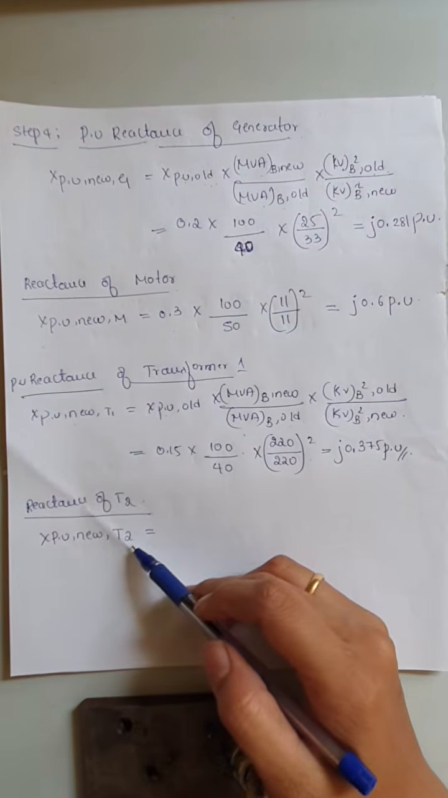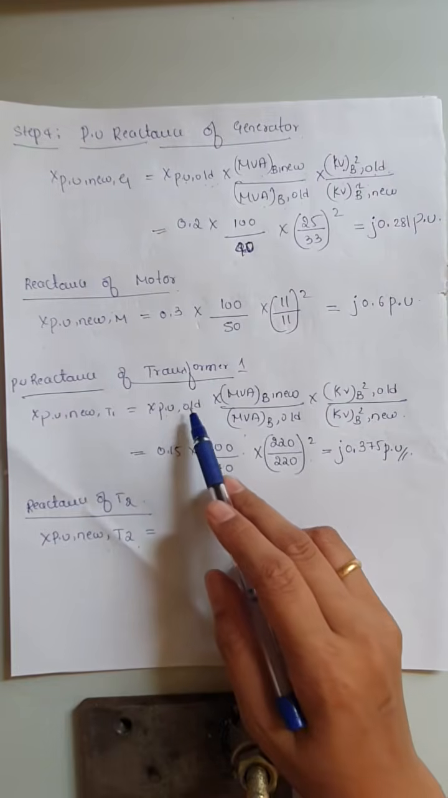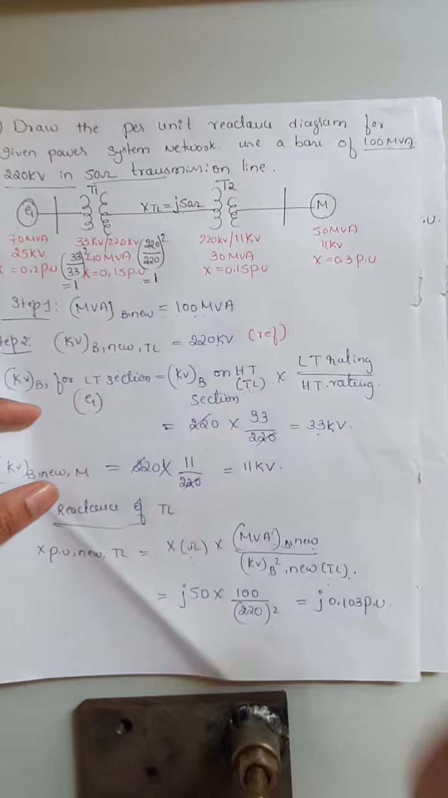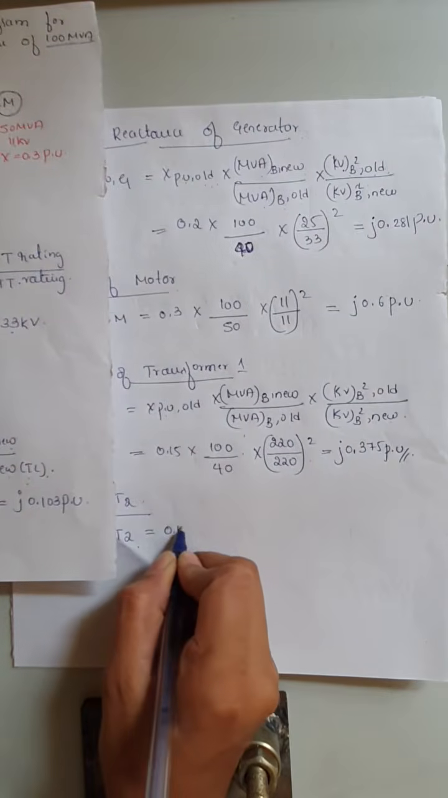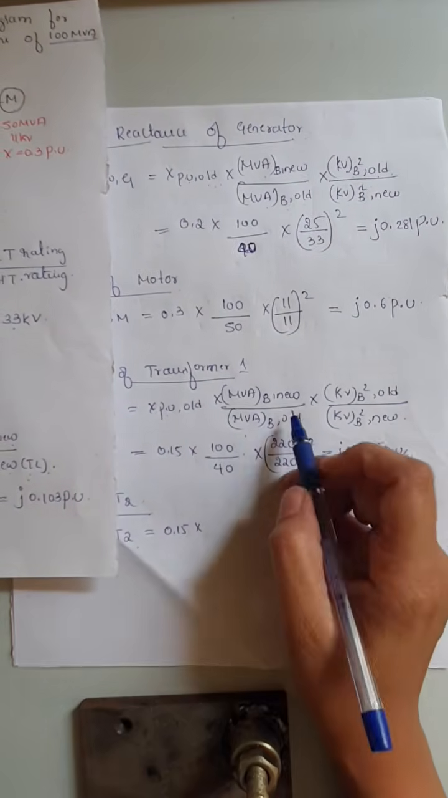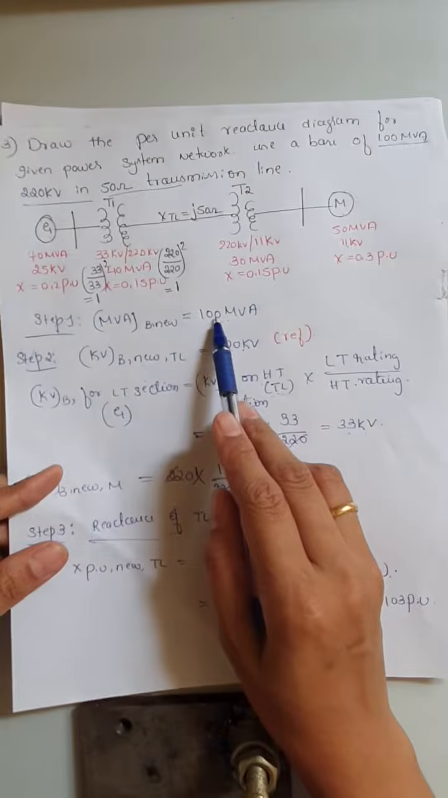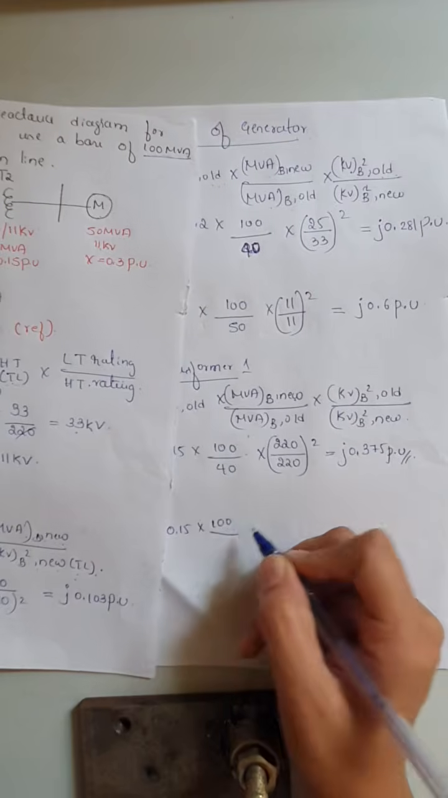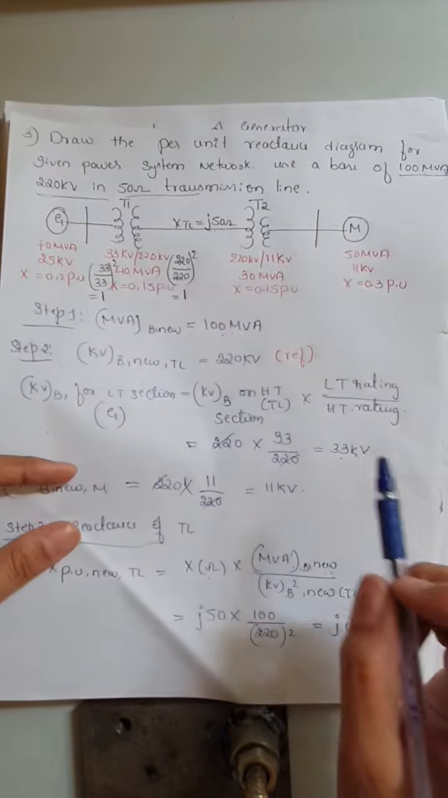X per unit new for transformer T2 is equal to X per unit old. The old value given in the problem is 0.15, multiplied by MVA base new. New means again the step 1 value, 100, divided by MVA base old. Old is nothing but the given data, that is 30 MVA,